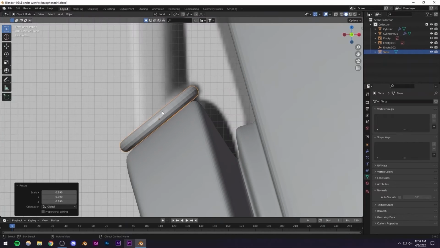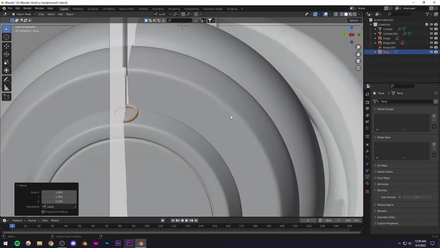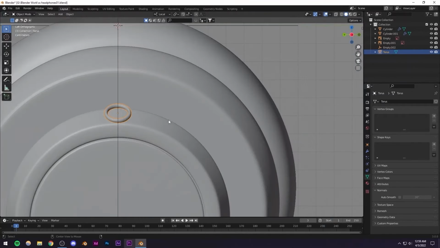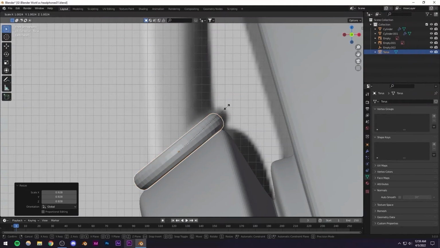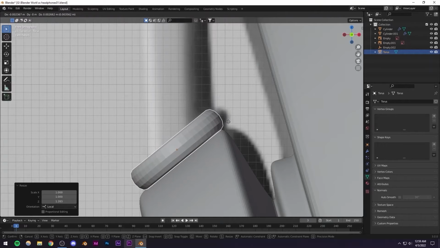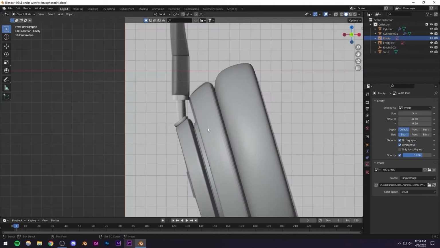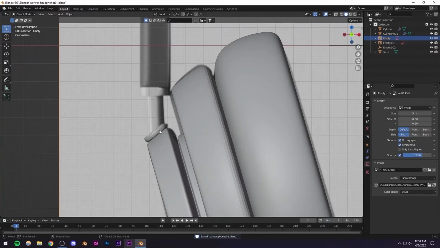Although we can scale it up in the local y-axis, rather the local z-axis, something like that, to make it look a little better. I think something like that should be good. We can probably reduce size and scale it up in the z-axis, just like that. I'm just going to place it right there. Okay, perfect. So apart from that, what I'm going to do is create another cylinder,